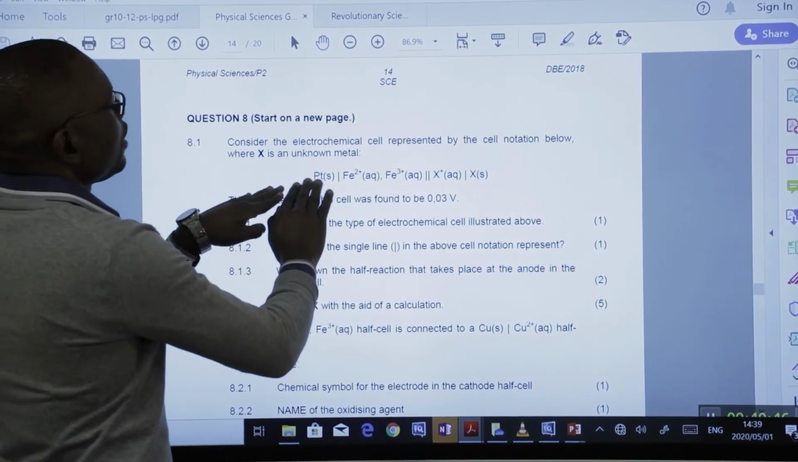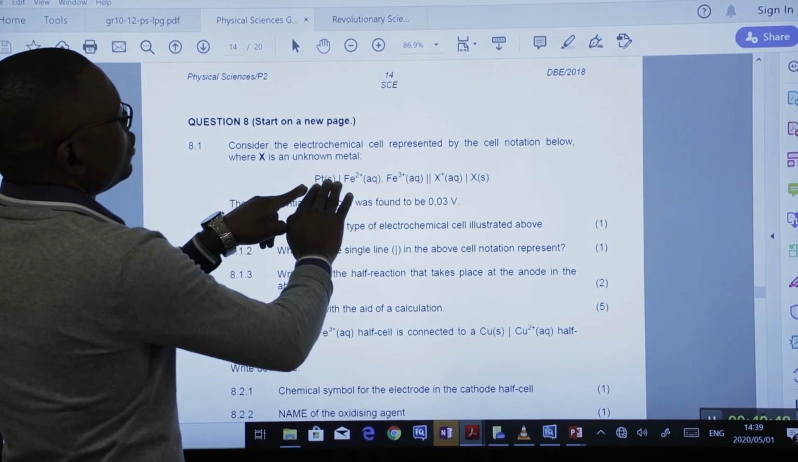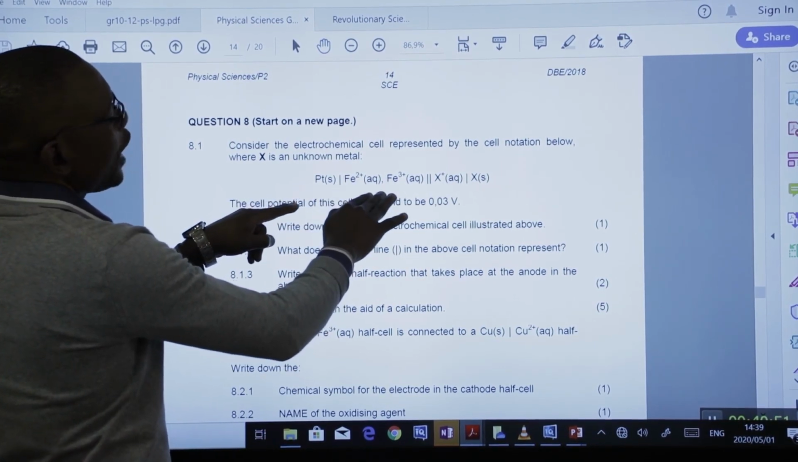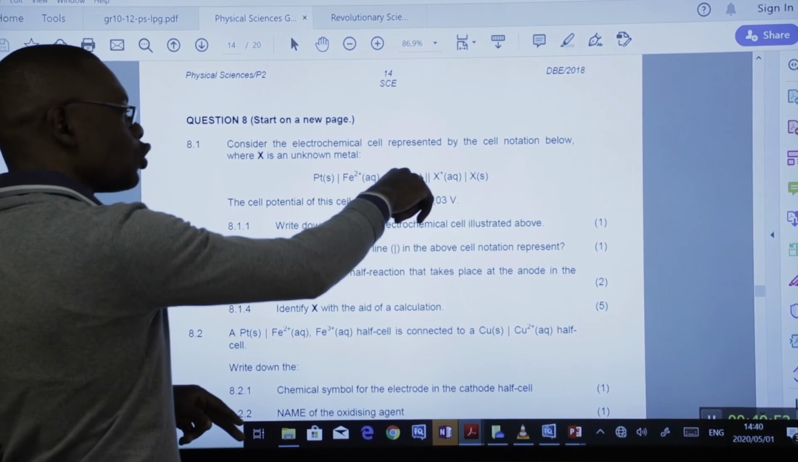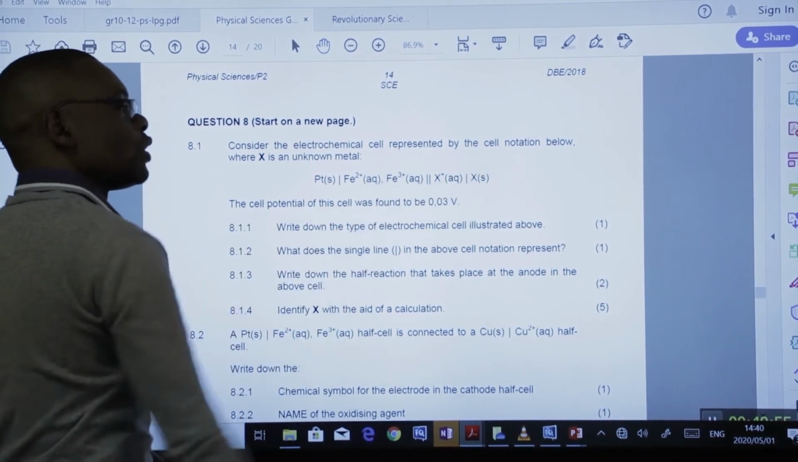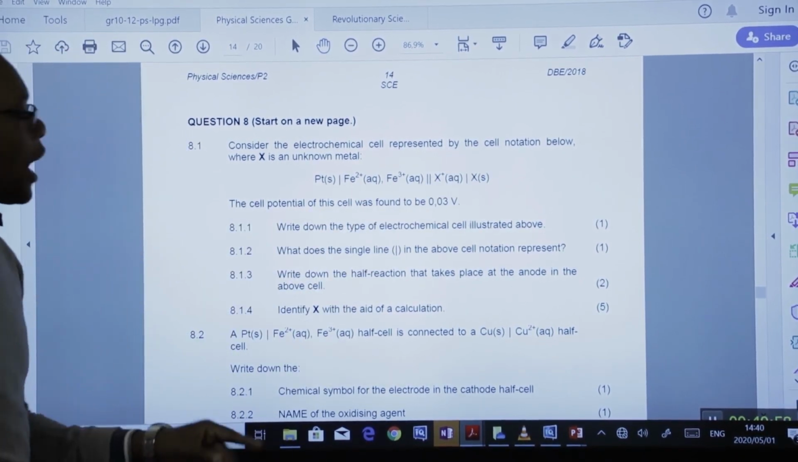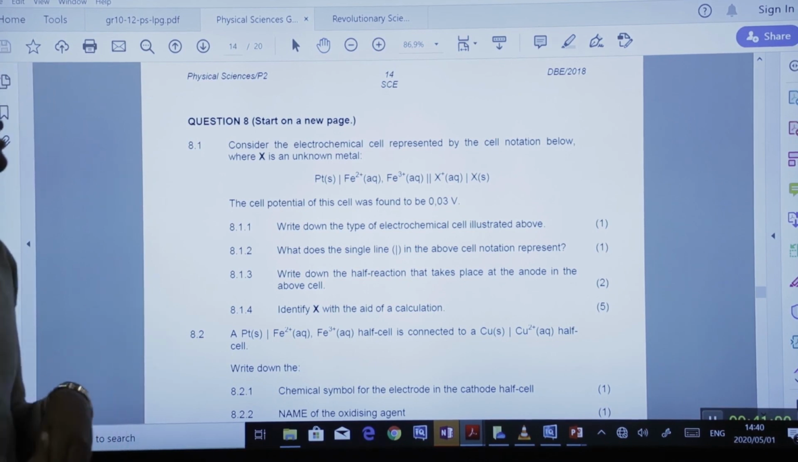So like in this case, a solid changing into ionic species, and then a salt bridge, and then ionic species to a solid. That's how we arrange our materials in any